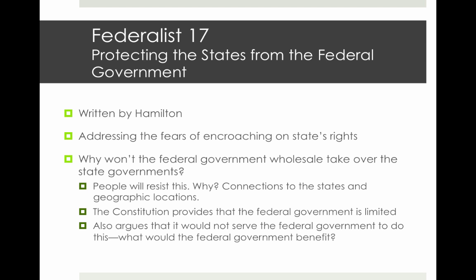So for those of you who are not familiar, or for those of you who have forgotten what the Federalist Papers' role in our society is, they were op-ed pieces written by James Madison, Alexander Hamilton, and a few by John Jay, who is often forgotten because he didn't write any real important ones. But the Federalist Papers were timed releases of op-eds to coincide with the ratification of the Constitution and the ratification